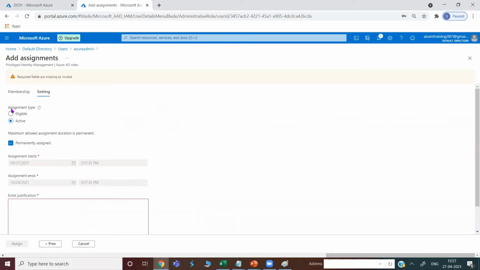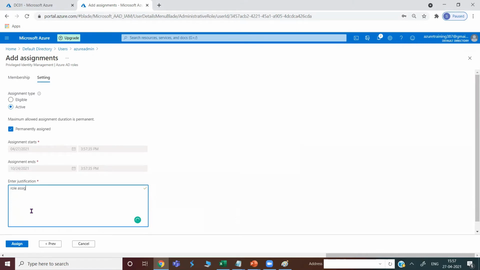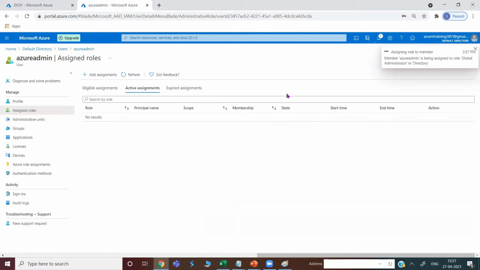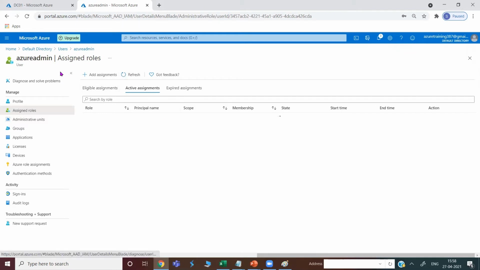So I want to activate this role, and give some justification. Assign. Okay, so the role has been assigned. After some time you will see that this role will reflect here for this Azure admin. Fine. So this account is created.